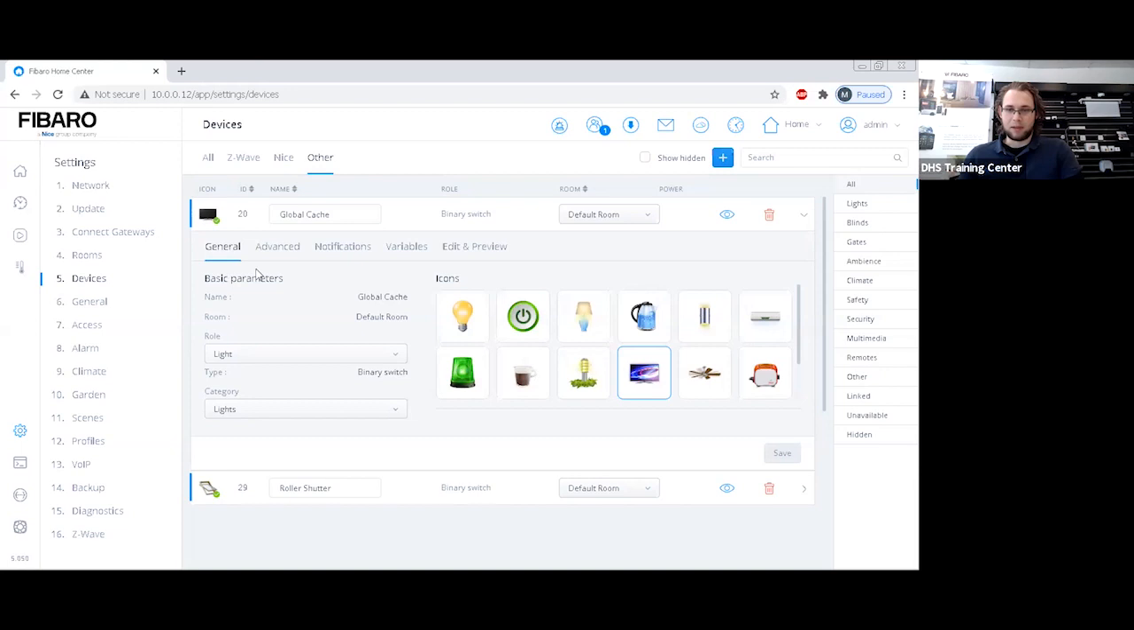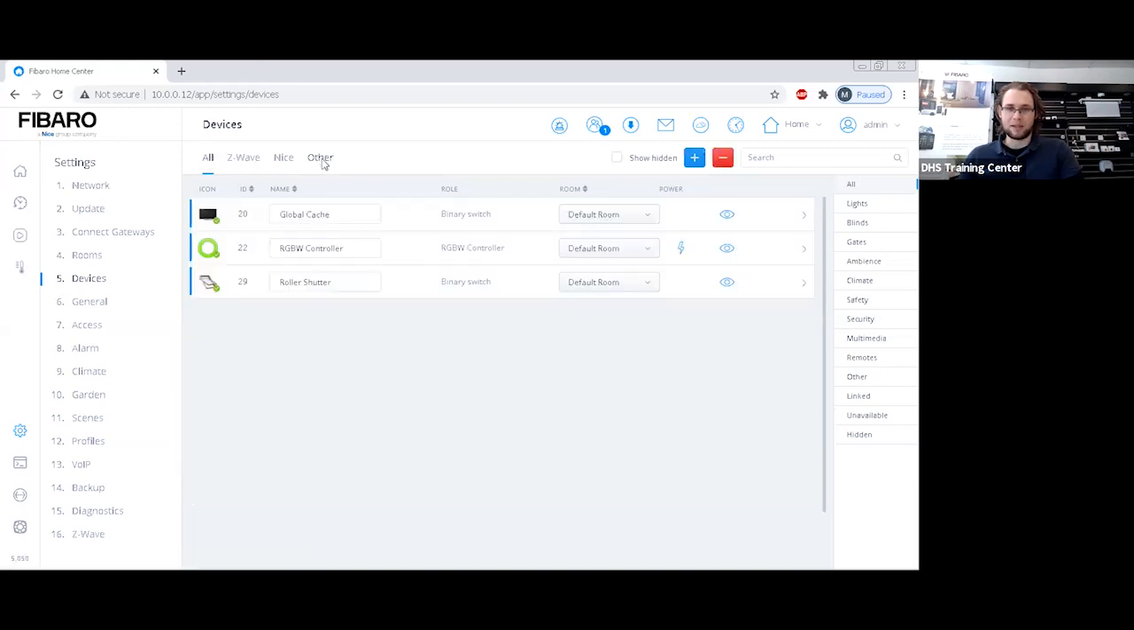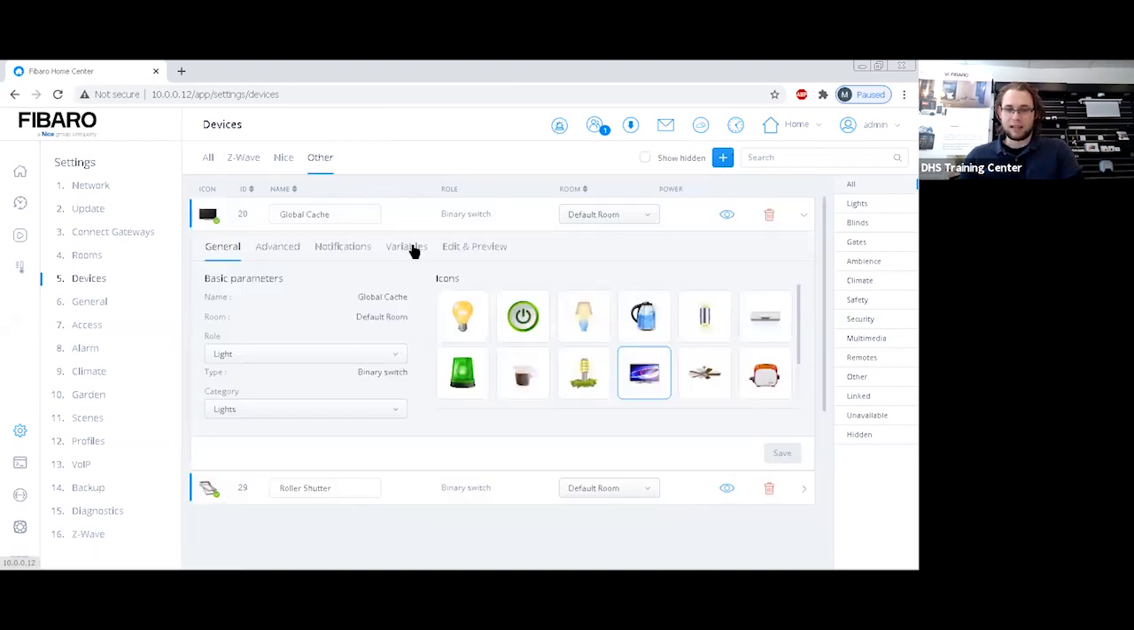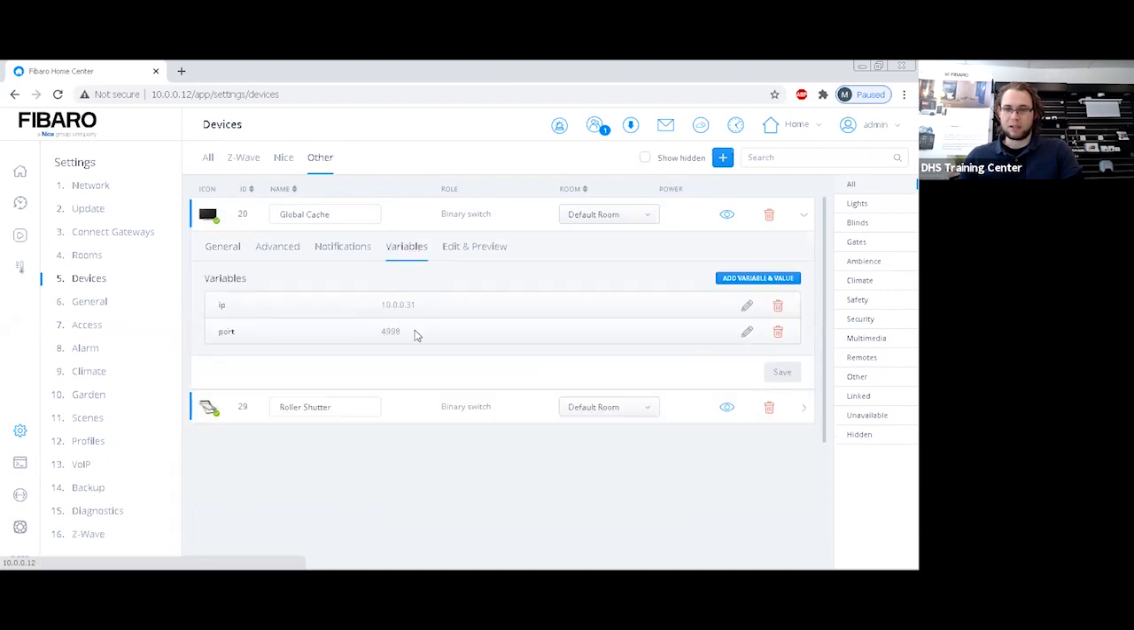So this pops up like any normal device in your system. It pops up under the other tab instead of your Z-Wave tab, as it is another other device. And inside the device itself, there's a couple of variables you need to change. Port 4998 is the default communication port for the global cache system, so you don't need to change that. All you do need to change for the communication to actually start working is the IP